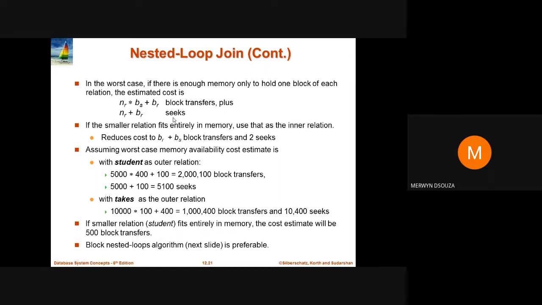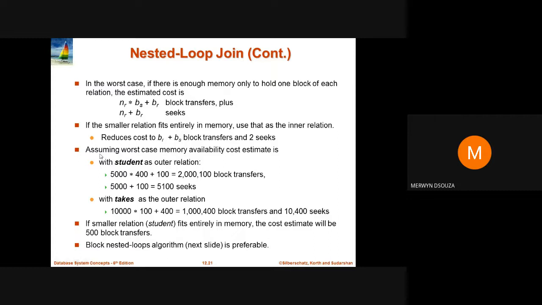Suppose the smaller relation fits entirely in memory, then we can use that relation as the inner relation. Doing this will reduce the cost to BR plus BS block transfers, and we will just require 2 seeks. So if the smaller relation fits completely into the memory, the block transfers will be reduced to BR plus BS.